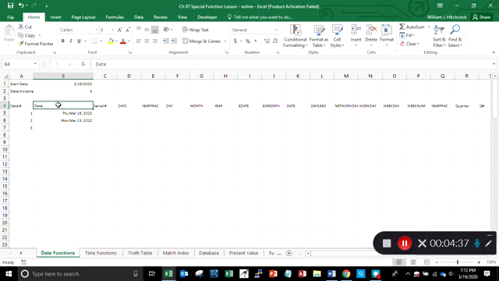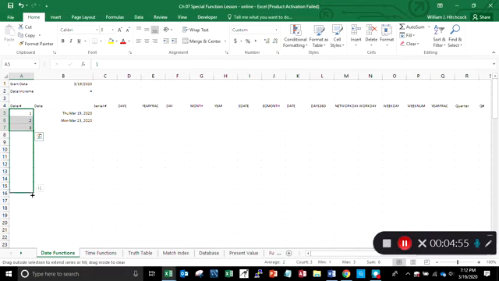Alright, so I've got that in here. Let's extend my series. So I've got 1, 2, 3 typed in here. I'm going to use a comma format, get rid of the 2 decimal places. And then I'm going to click and drag on my fill handle and drag this all the way down,